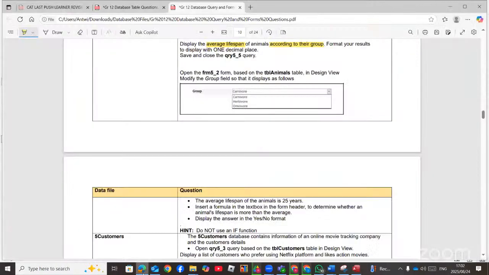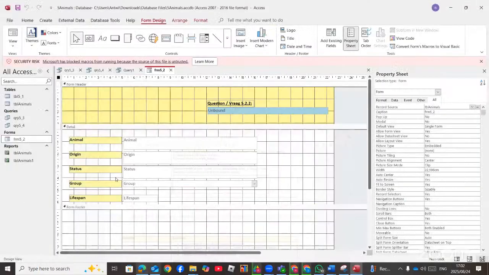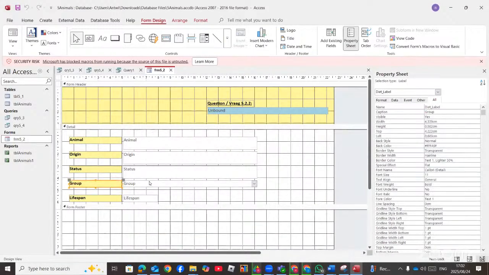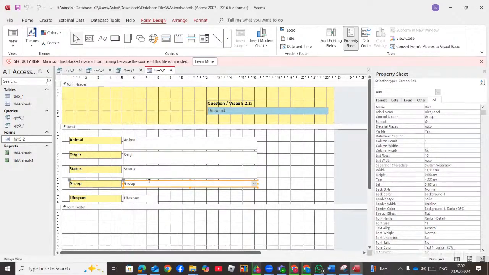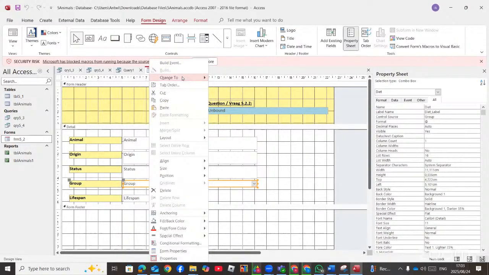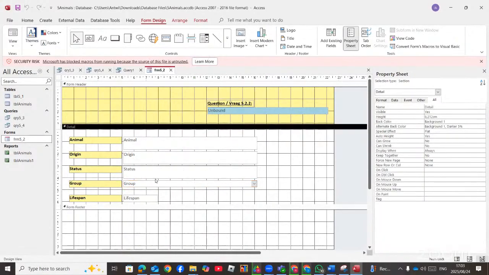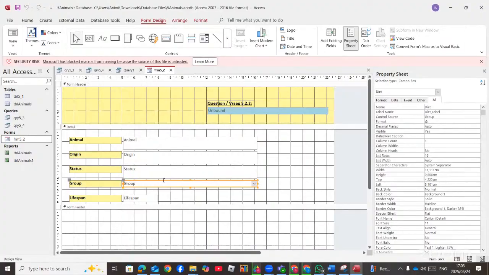Now, as you can see here, the group, there are options to select from, which is carnivore, herbivore, and then omnivore. So we go to group. This is the label. This is the field. So we always focus on the field when we need to add values. So sometimes it could be only text box, then you can change it to combo box. You right click, you'll see change to, let's say it was text box. So if your text box, you see combo box, then you choose combo box. Right, now this one has been changed to combo box